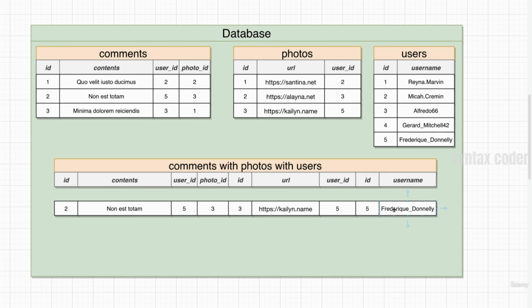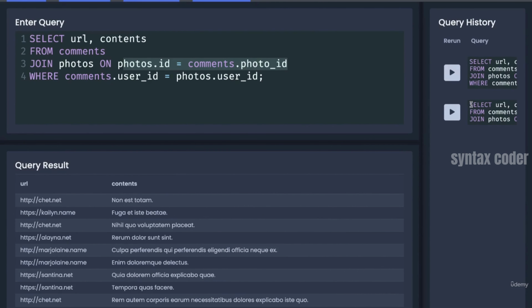So let's now go over to our editor. We're going to make a real small change to the query we've already got inside there. And we're going to see that writing out the SQL for a three-way join is really simple, but again, understanding it is a lot more challenging. Okay, so back over here, we still have select URL and contents, but now we also want to get the username. We're going to take all the rows from comments. We're going to join photos, and we want to merge these two tables together by finding where